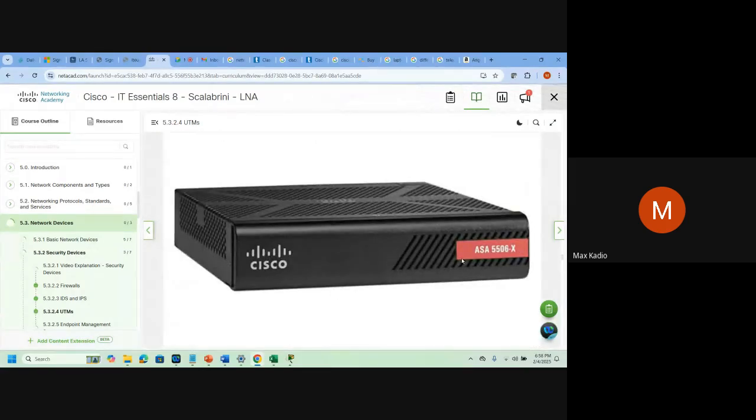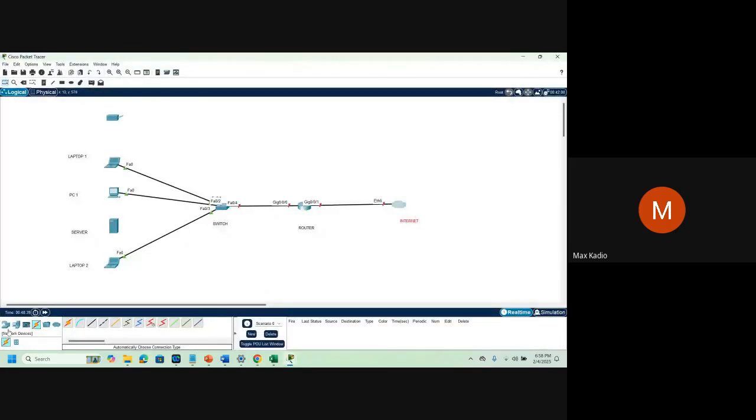This is a device for a firewall that you plug in your network. For example, this is our Packet Tracer here. It's small, you cannot see properly.